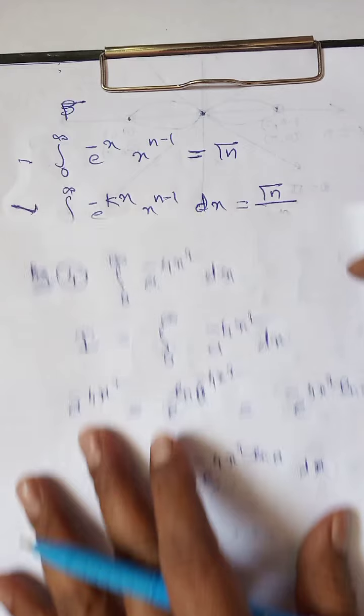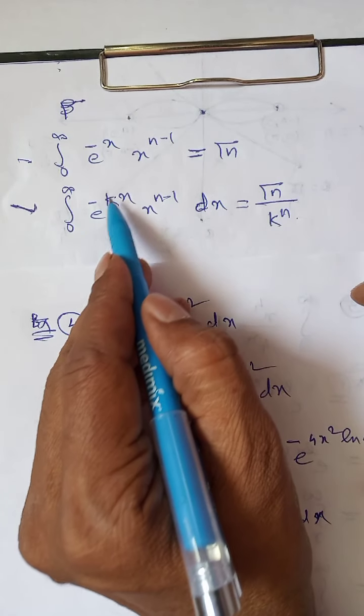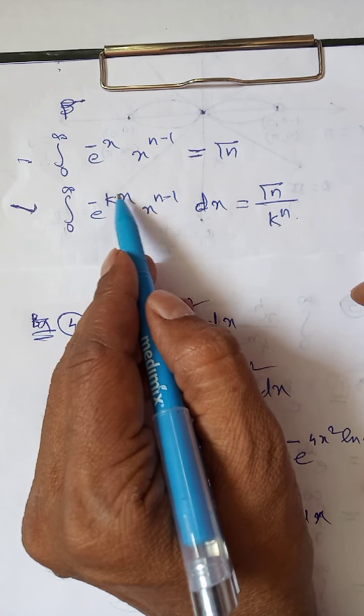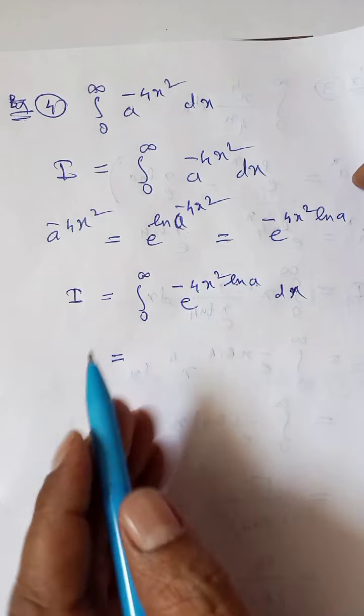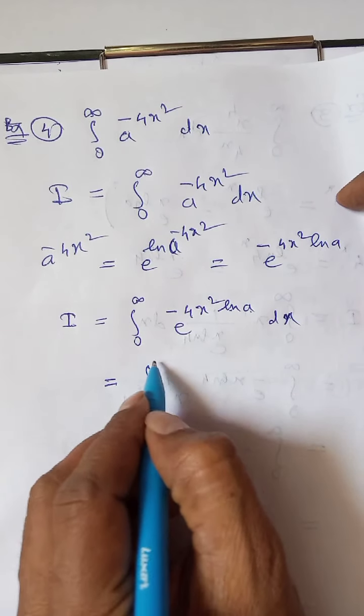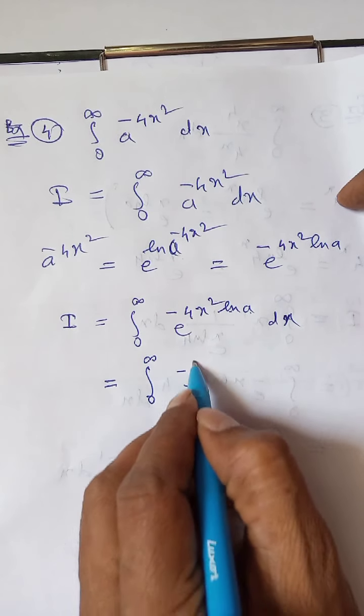So if you see the power of this exponential term, it has 4 log a and x square. So what we have in the definition is e to the power minus kx. So we'll try to use this definition there. So here k into x is there. So what we have, k is 4 into log a, but the coefficient is x square there. See, e to the power minus 4